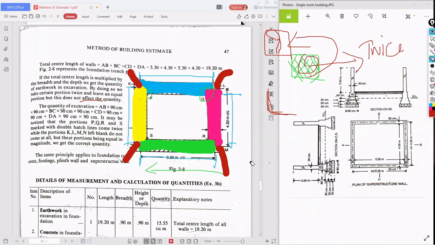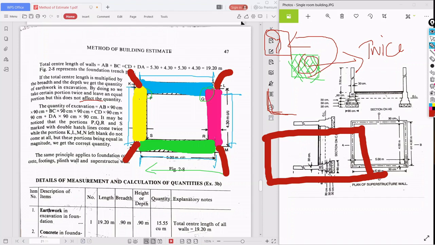A T junction means two long walls are there, and now one cross wall is there. Here it is called a T junction. If this T junction is there, then we have to deduct. For an L junction, there is no deduction. This was the point which the author was also telling you, and it's my duty to convey it to you also.